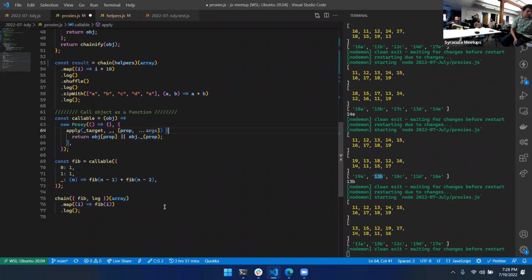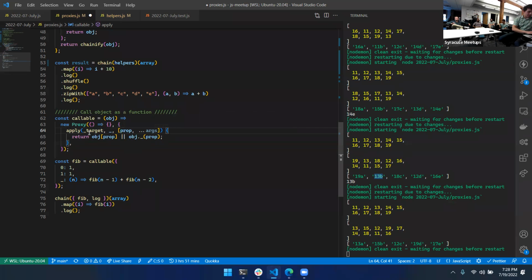The way that you get a property out of an object is you either call dot on it, if it's a method, or if you want to dynamically call it, you put it in those square brackets. But I thought it'd be really cool if you could take an object and use curly brackets to get the value out of it. So you can say apply, and then when I get my target,